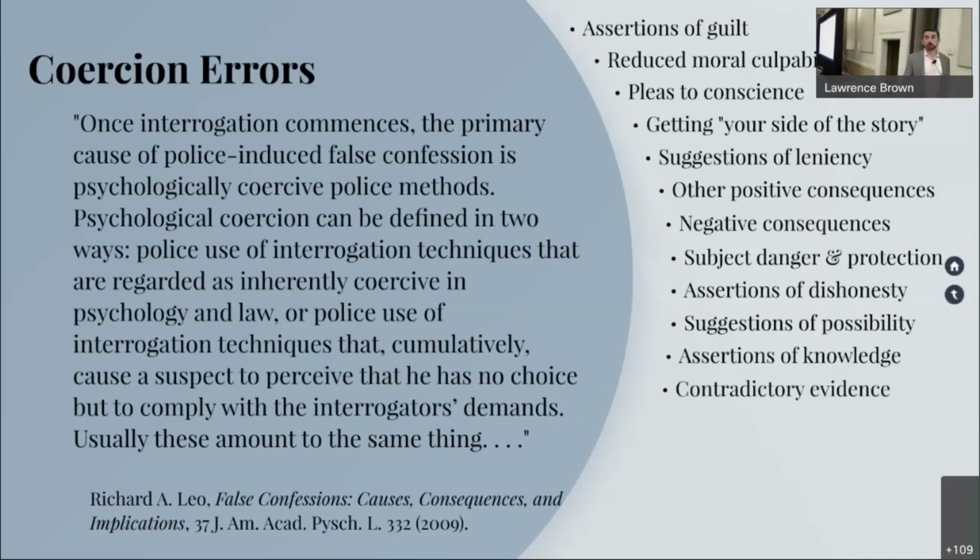Contradictory evidence, either real contradictory evidence, which can be tremendously valuable, or fake contradictory evidence. When I was investigating, I wish this was a joke, but it was not. I would take a 5-inch binder into an interrogation room that was not part of the case that I was investigating. It was some case that I had closed 2 years ago. And if they said something that I didn't like, flip that bad boy open.